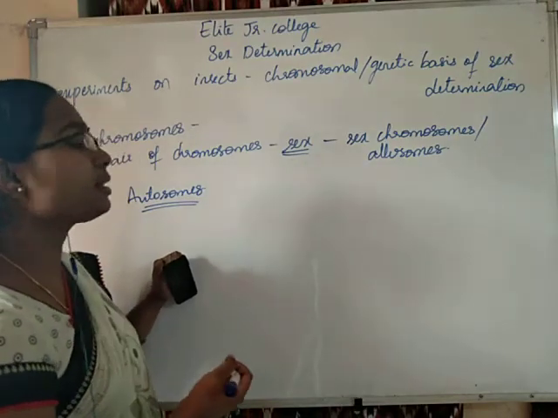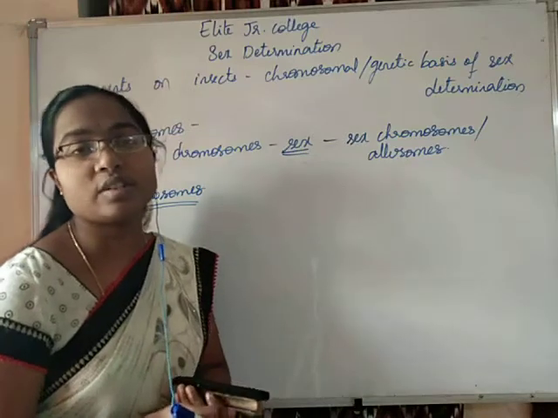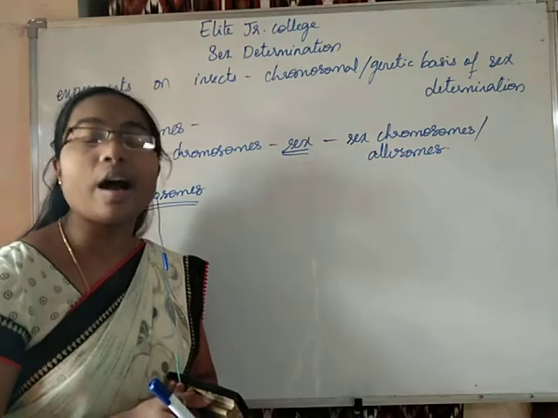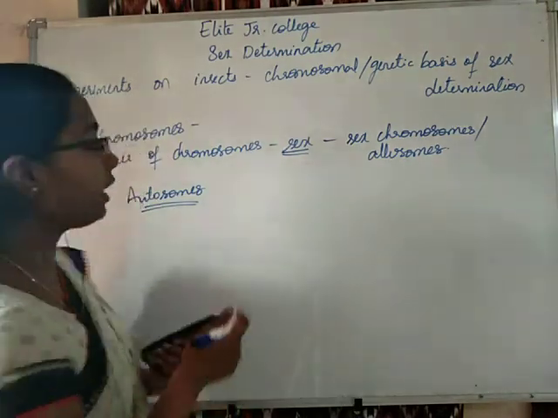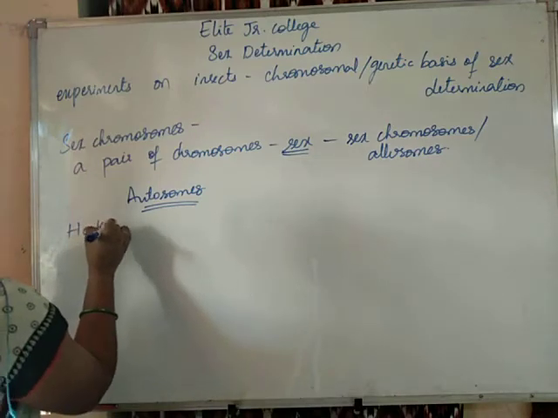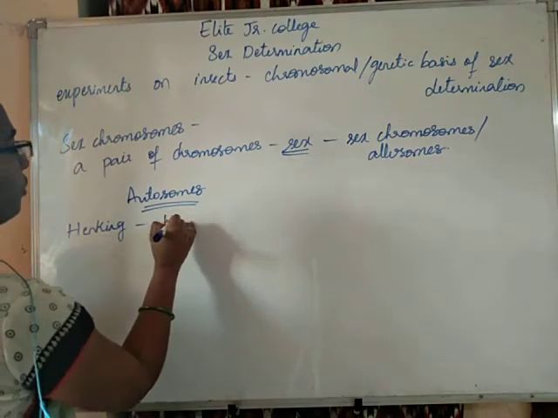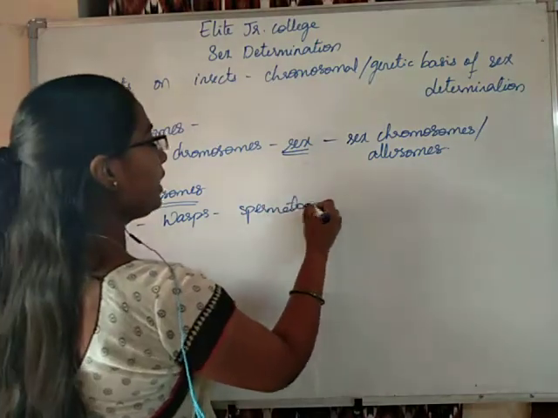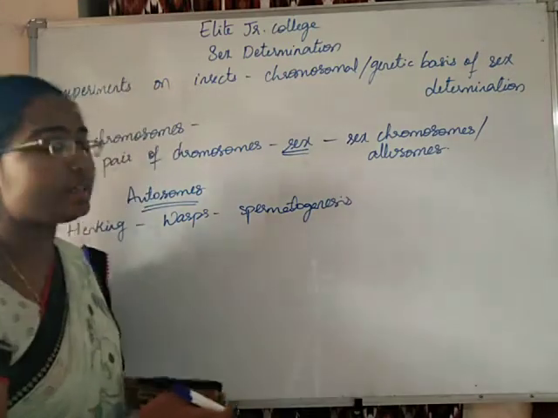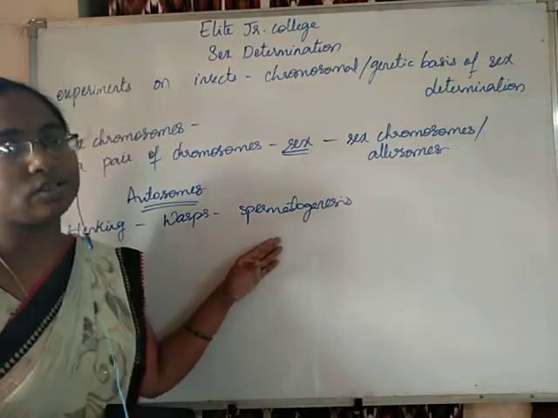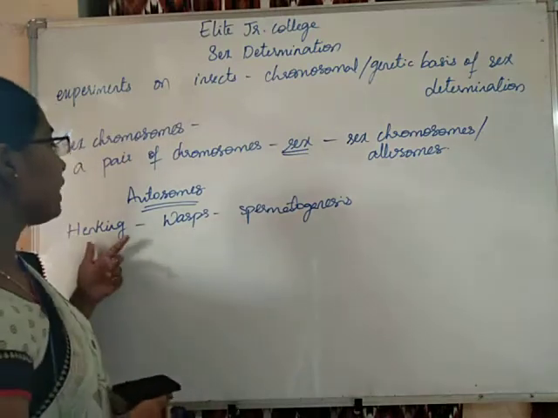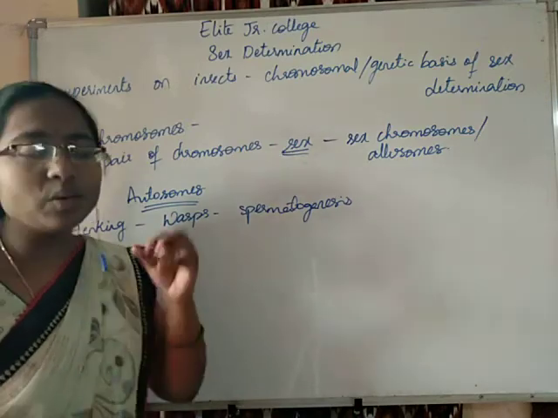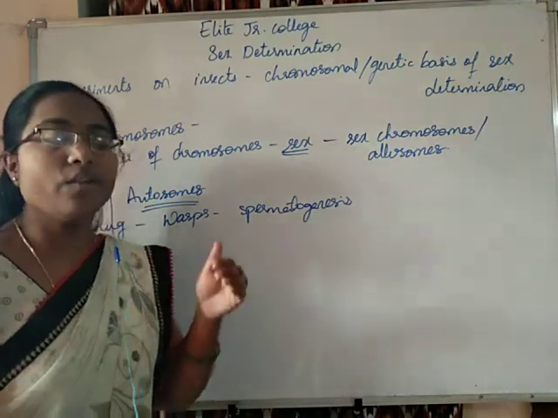Here students, the concept of having sex chromosomes was first identified after the experiments performed by Henking. Henking is a person who performed some experiments on wasps. He studied spermatogenesis. Spermatogenesis means formation of sperms. He studied spermatogenesis in wasps, and he observed that there was some factor which is